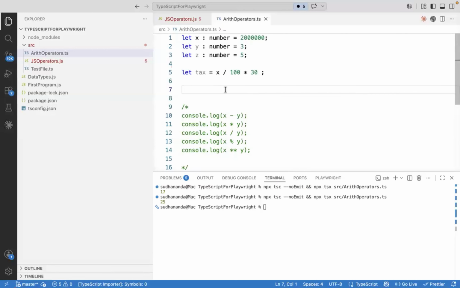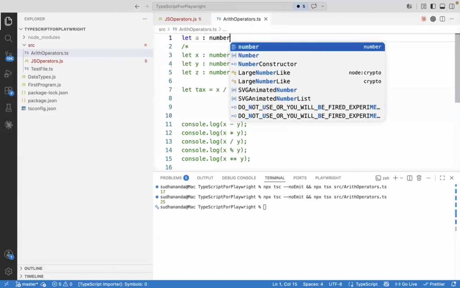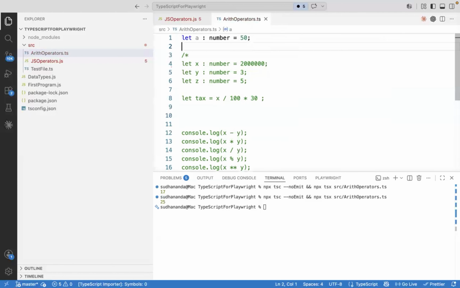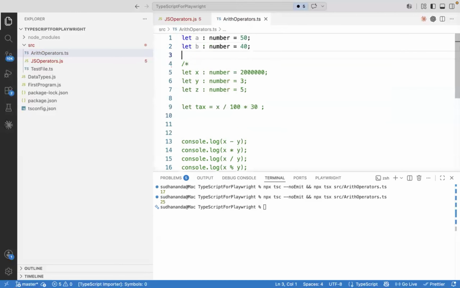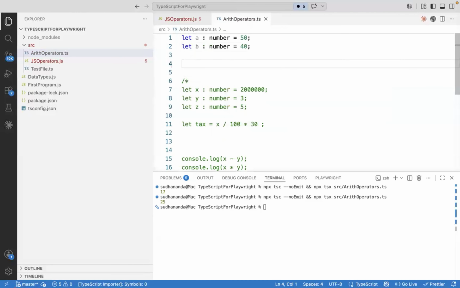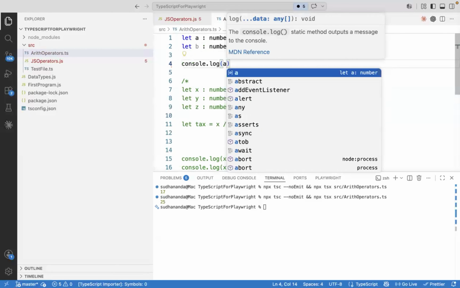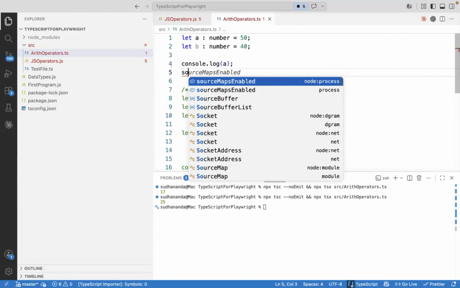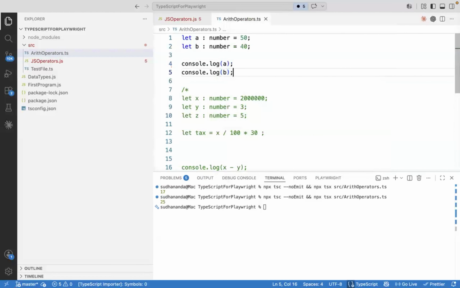And I will tell one interview question, a legacy and common interview question, even these days we will be frequently getting. You have two variables, let A equal to some number, let B be another number. Now you have to swap these two variable values. That means when I write console.log of A, console.log of B,